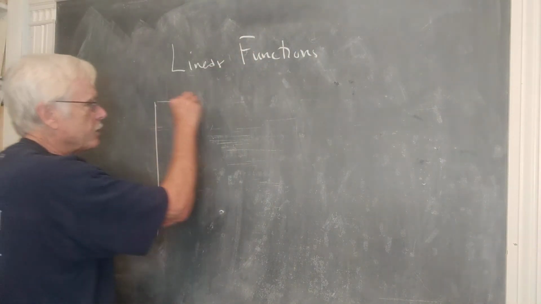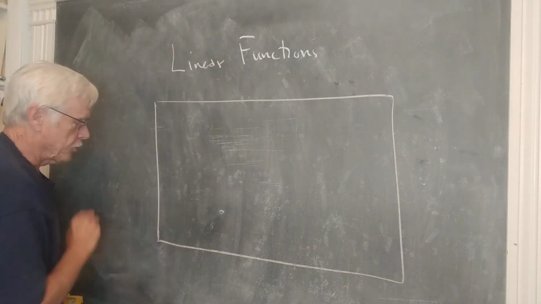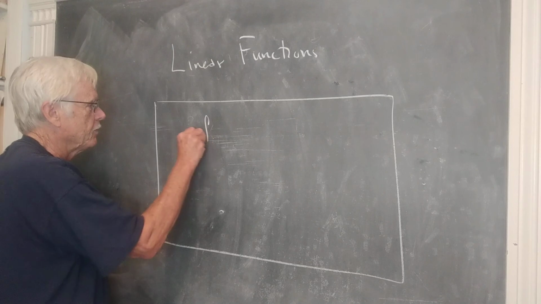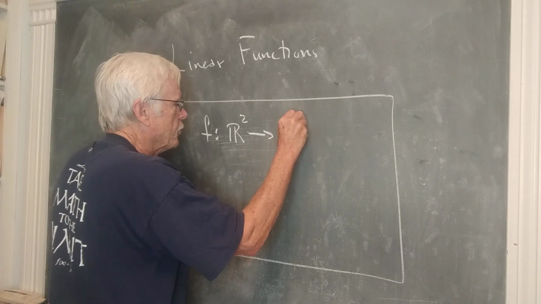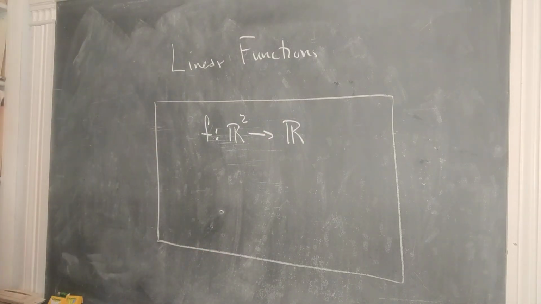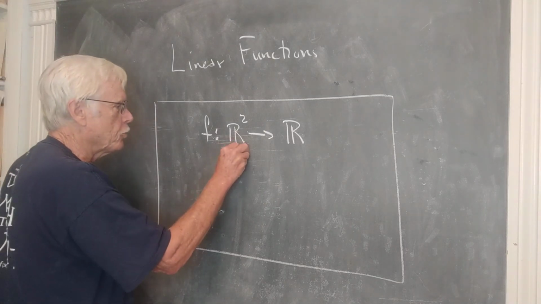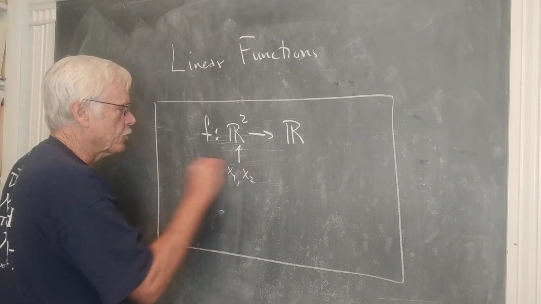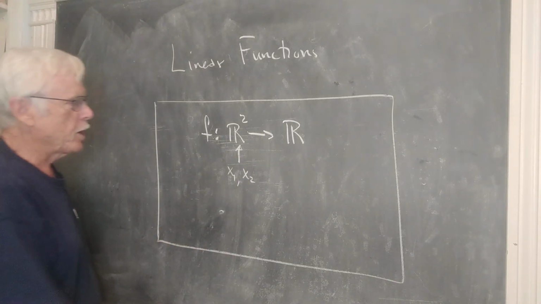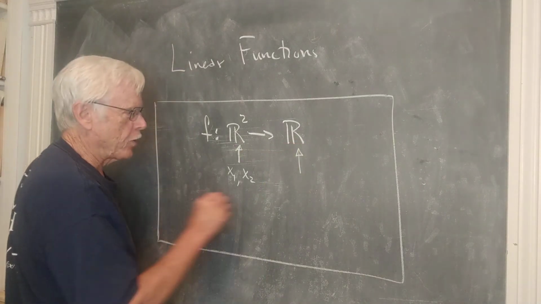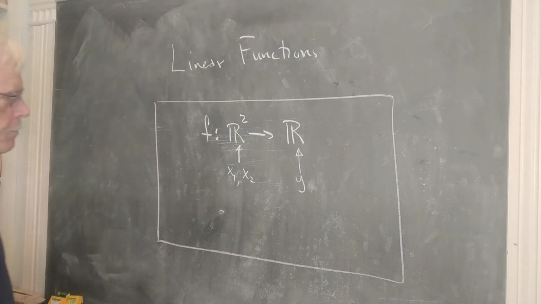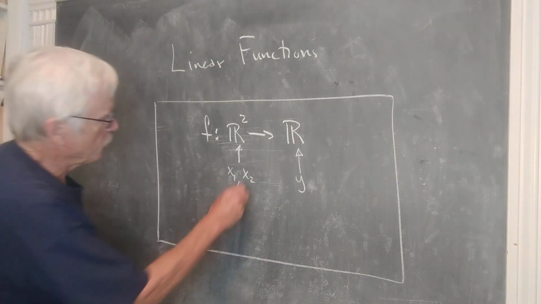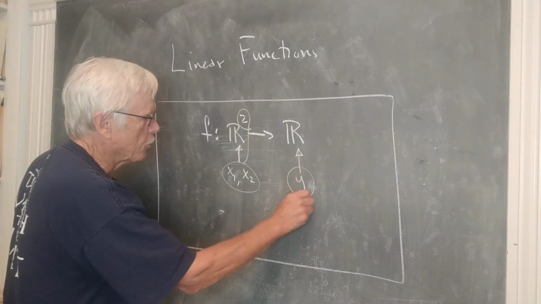And I have a little ditty about functions in general here, so if I write f: R² → R, this notation means something. It means that you have two domain variables, usually indicated x1 and x2. It means you have only one range variable. We could call it y1, but traditionally if there's only one, you just call it y. So this tells you that you have two domain variables and one range variable,